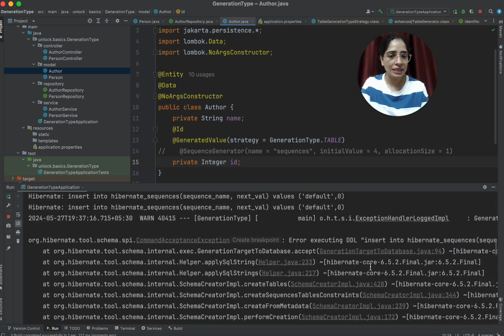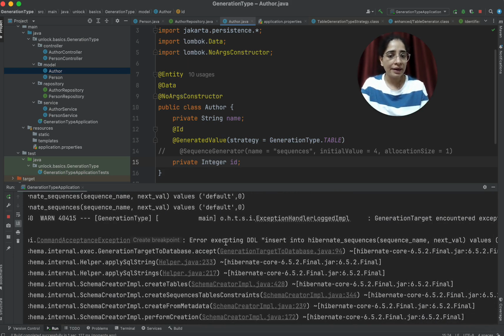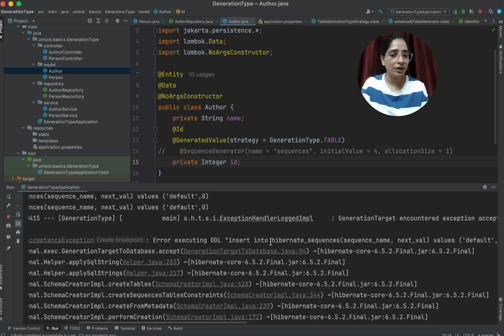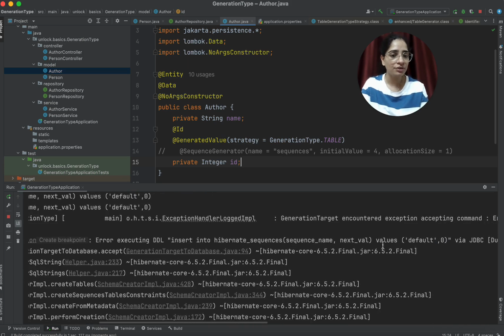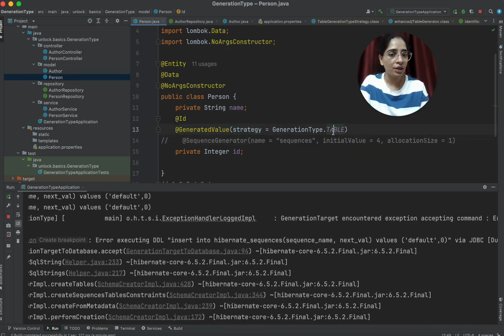Now you can see that it says error executing DDL, insert into Hibernate sequence, sequence name is default and next value is 0. For this person, because the generation type was table, by default it created this table by the name Hibernate sequence, and then it tried to put the sequence name as default and the next value as 0.